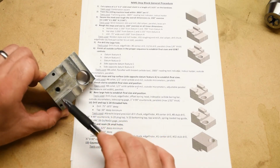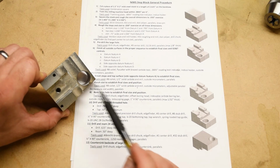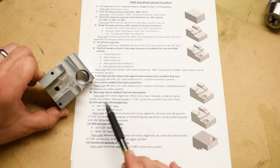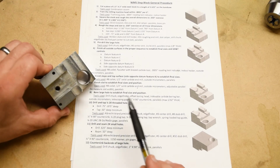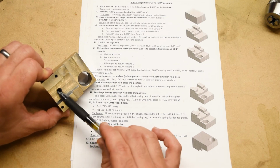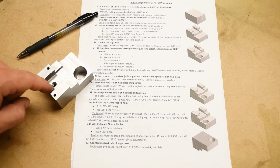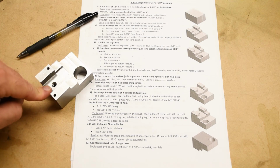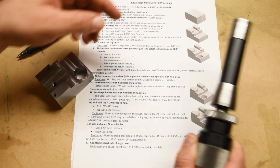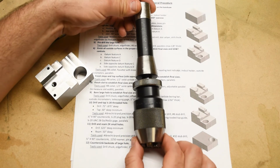We only have 3 little holes to finish, and we can start with the pinholes or start with the tapped hole. It really doesn't matter. On here it has us starting with the tapped hole. So once you locate the hole, then you drill and tap it. But one big thing that we're going to be doing differently here is instead of using those junky old keyless drill chucks that we've been using up until this point, we are going to be using this Albrecht precision drill